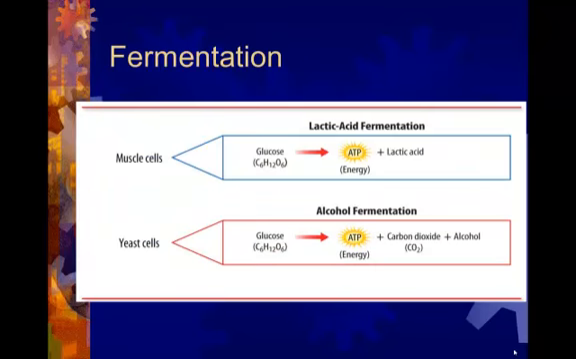So look at the two processes here. Muscle cells in humans, lactic acid fermentation. Yeast cells, dough, alcoholic fermentation. Both starting with glucose, both not using oxygen, both occurring in the cytoplasm of the cells, and they get ATP, not as much as with aerobic. But look at the byproducts. Lactic acid, the other one carbon dioxide and alcohol. So that is